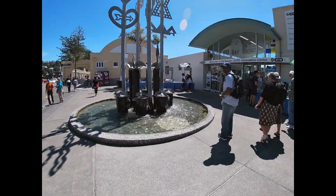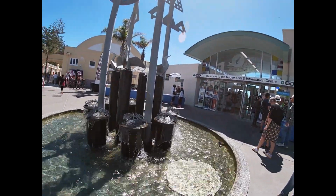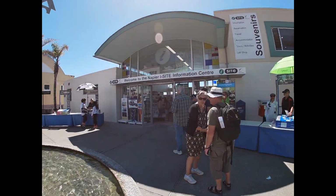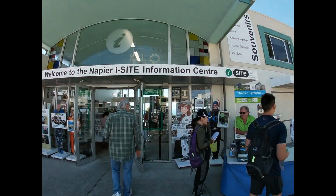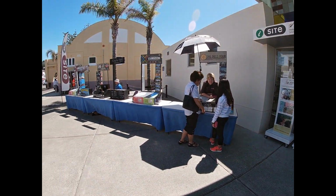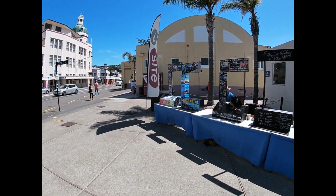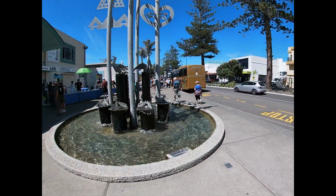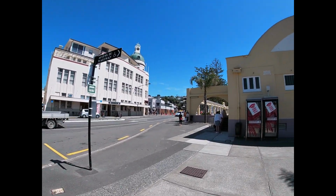So this place is a little noisy right now, lots of people around, lots of tourists around, but this is the Napier i-SITE Information Centre. So if you need to know anything about Napier, book tours, all that sort of stuff, and you can see they're all set up for the tourist ship. But this is the place to come, and this is on the Marine Parade as well,